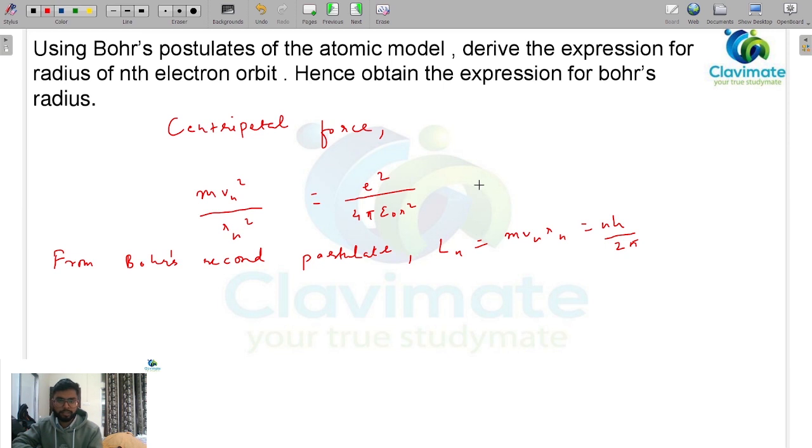So let's keep this as equation number 1 and this as equation number 2. Now vn can be written as vn is equal to nh by m rn 2 pi. So now putting the value of vn in equation number 1, we have